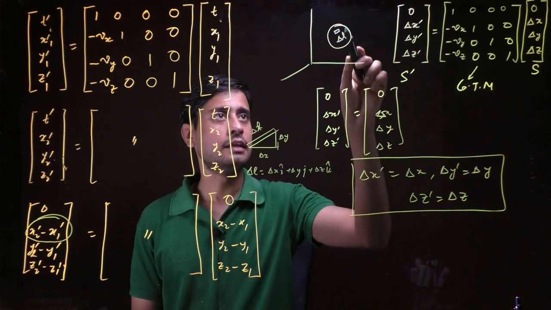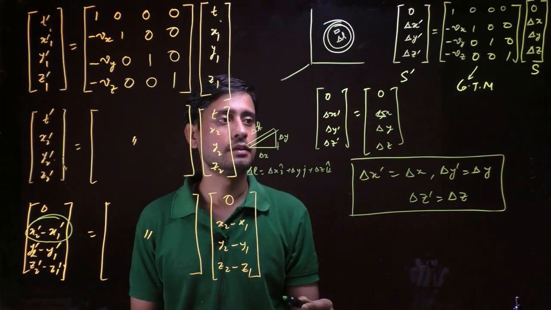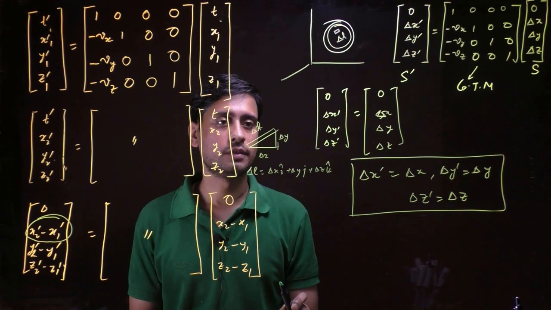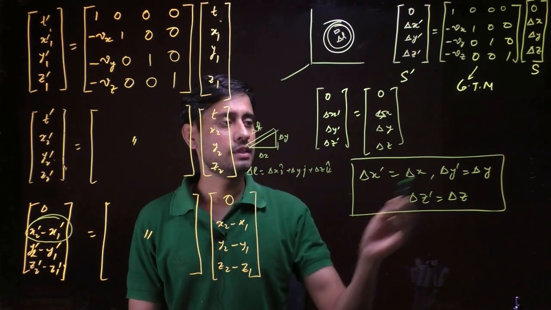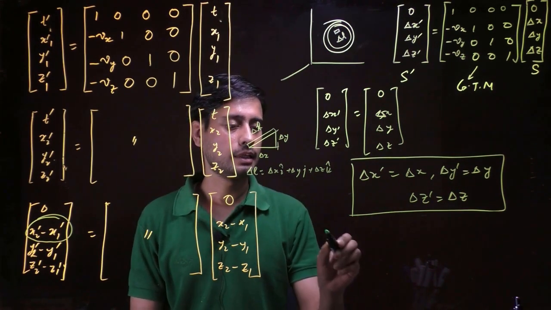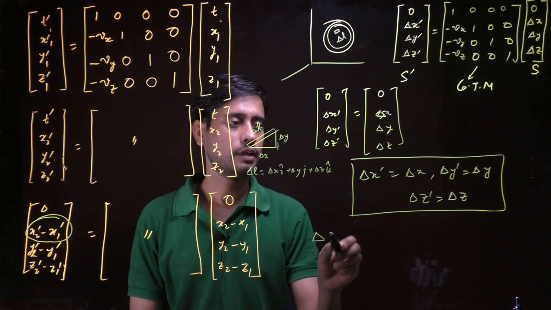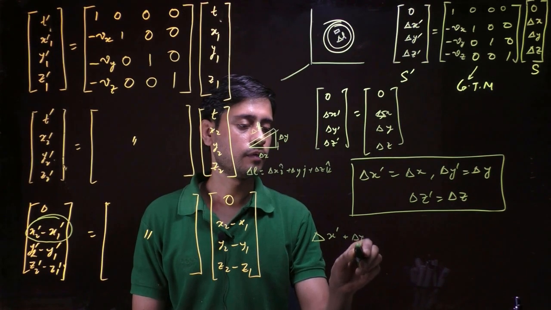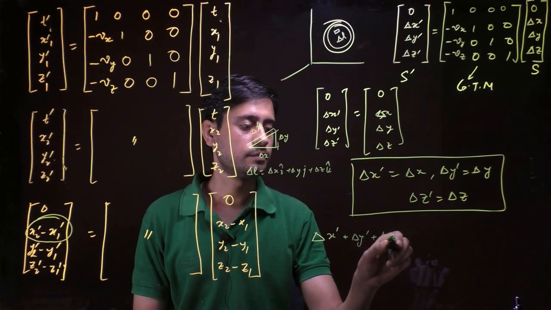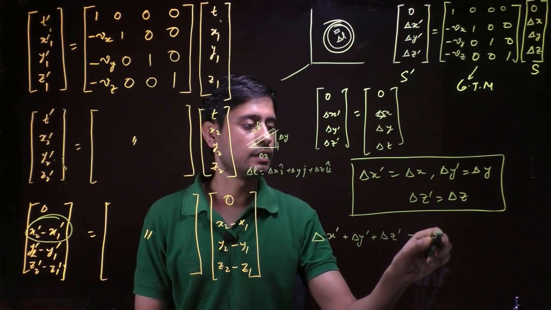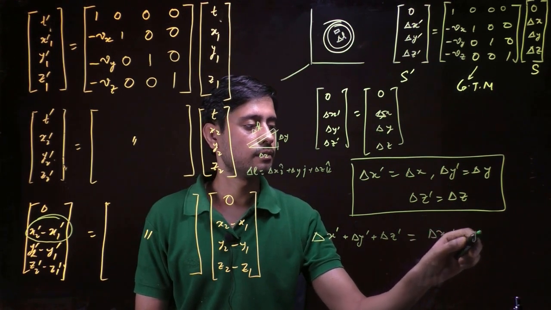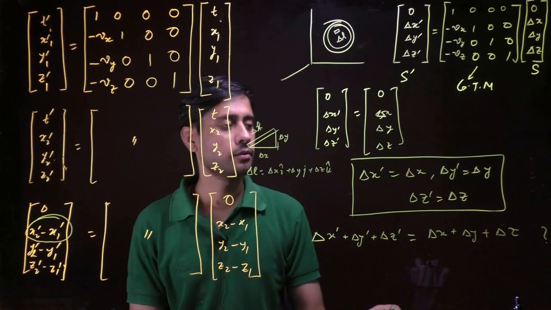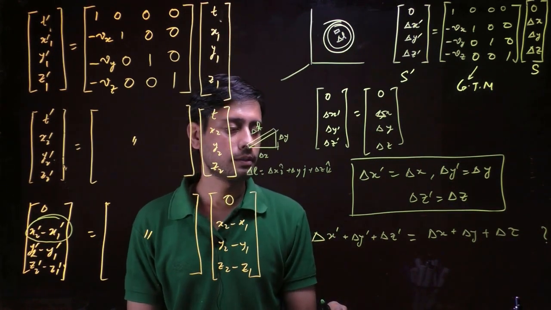So this delta L is invariant for the two observers. So if these three quantities are the same, can we write it like this? Delta X prime plus delta Y prime plus delta Z prime equals delta X plus delta Y plus delta Z. Is it true? It is numerically true, but